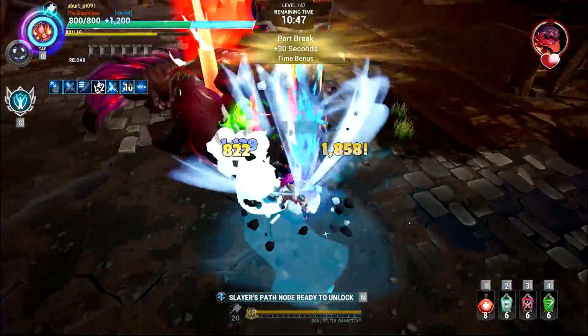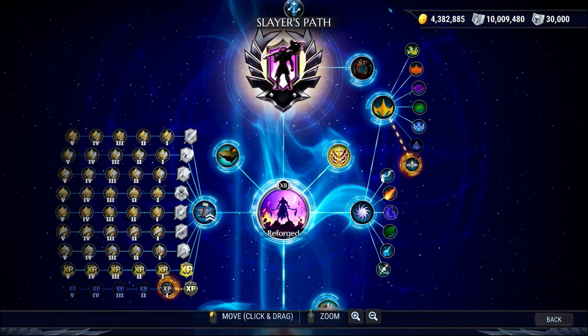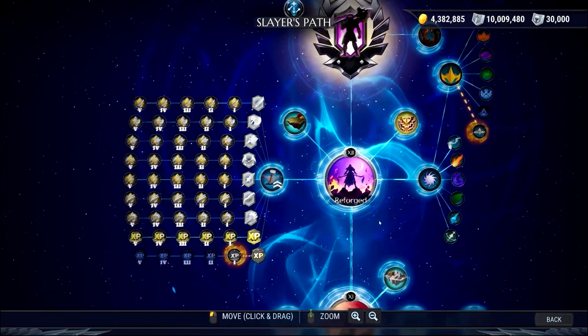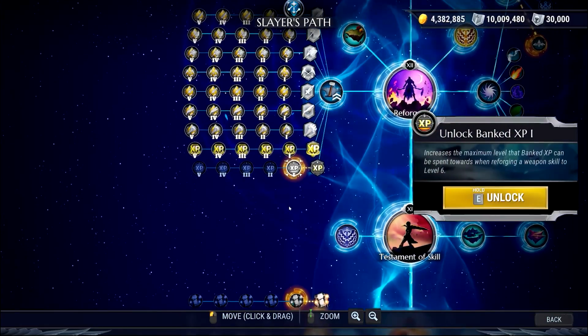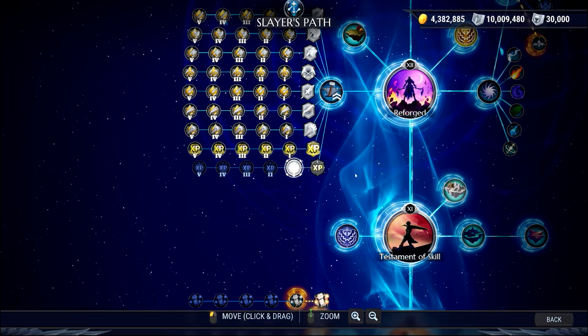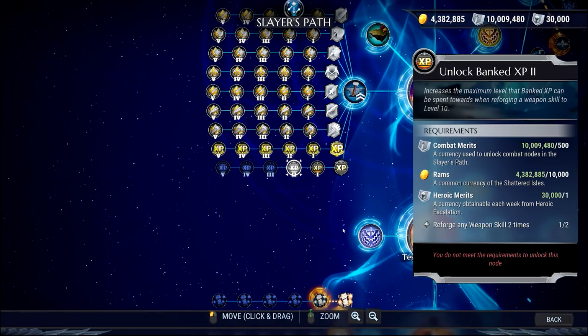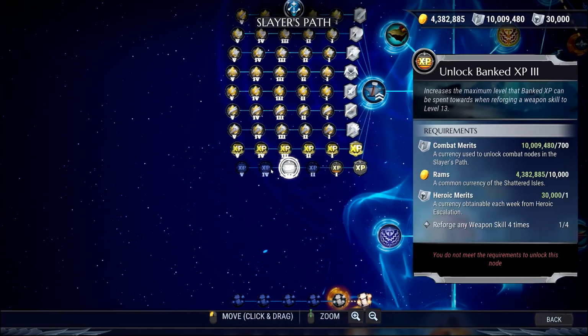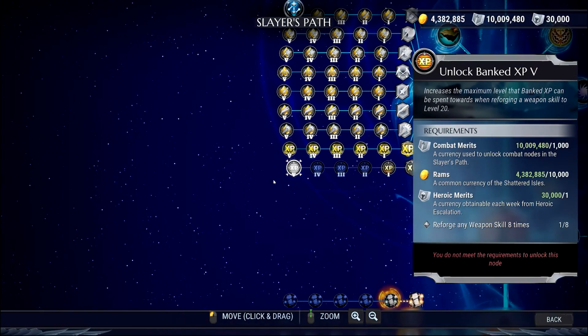For starters, we have a massive quality of life update here, and it's the 20 level XP bank. On the Slayer's Path, you'll be able to unlock and upgrade your XP bank as you complete more reforges. The first node is the standard 6 level one that we had previously. The second will increase the number of levels in the XP bank to 10. It will be 13 levels at tier 3, 16 levels at tier 4, and finally the 20 level XP bank